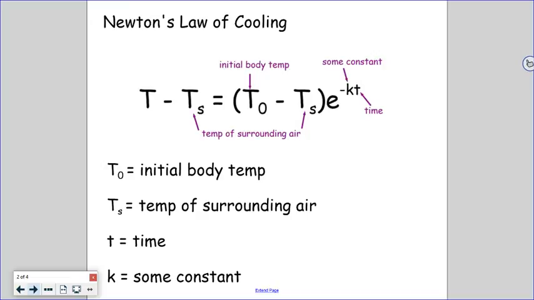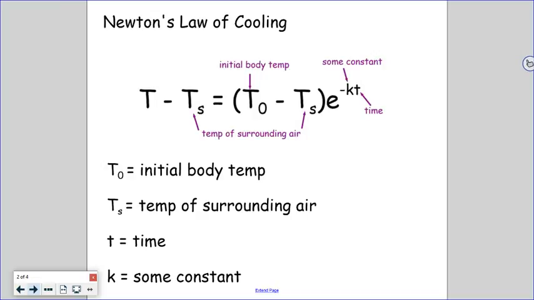Okay, so let's talk about what we're looking at here. Newton's law of cooling. You just poured yourself a cup of coffee, and you set it on the counter for 5 minutes. Started at what temperature? What temperature did it end up with at 5 minutes later? Took a baked potato out of the oven. When you took it out of the oven, it was a certain temperature. How long is it going to take it to get down to 100 degrees? We can use this Newton's law of cooling formula for questions like that, as we look at time and